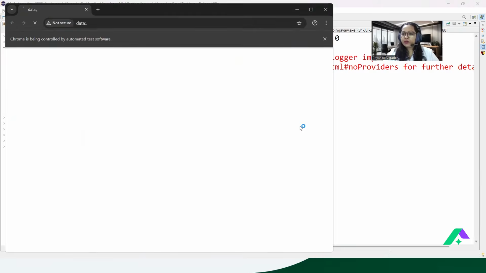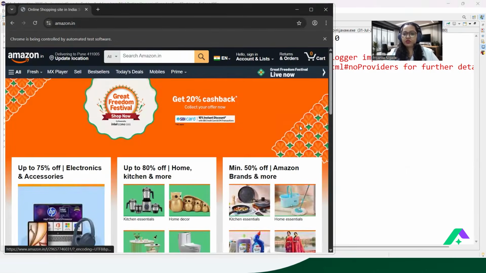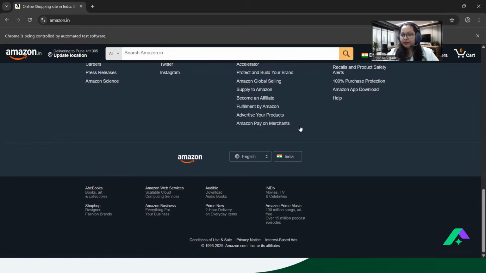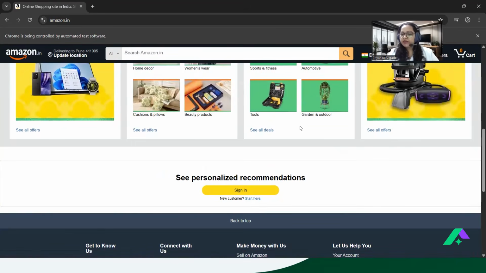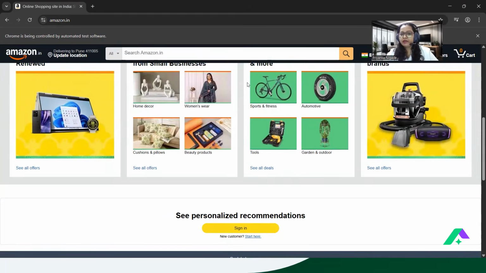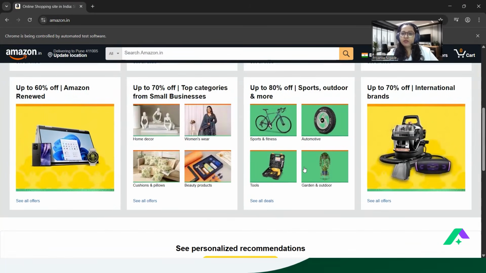So once the application opens, we can see it scroll down. Now it will scroll up, and it should scroll up to the element. And yes, perfectly it is done, right? You are not able to see the exact element, but you can see it is available here. The actual image is available here. So technically it scrolled up to this element, right?